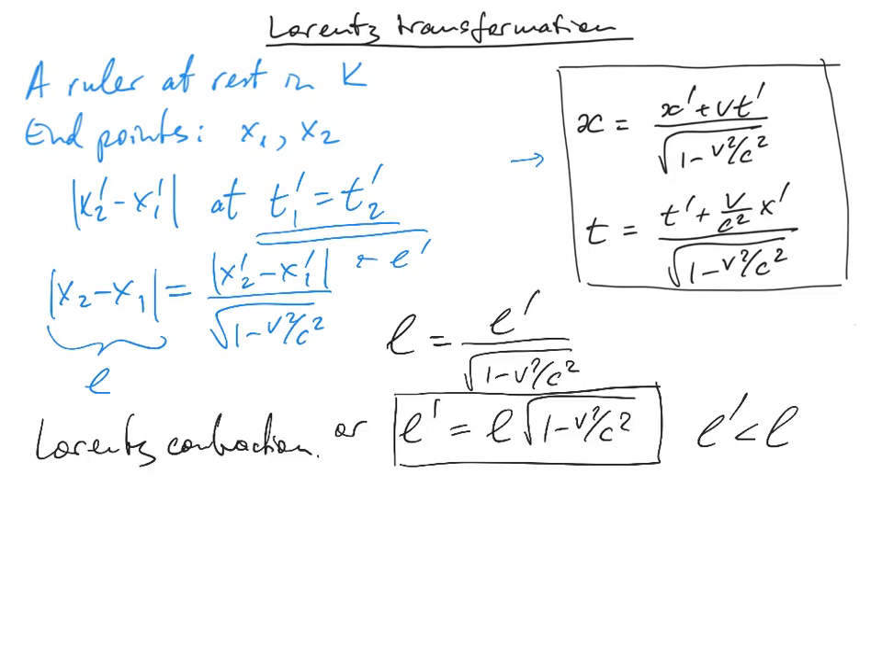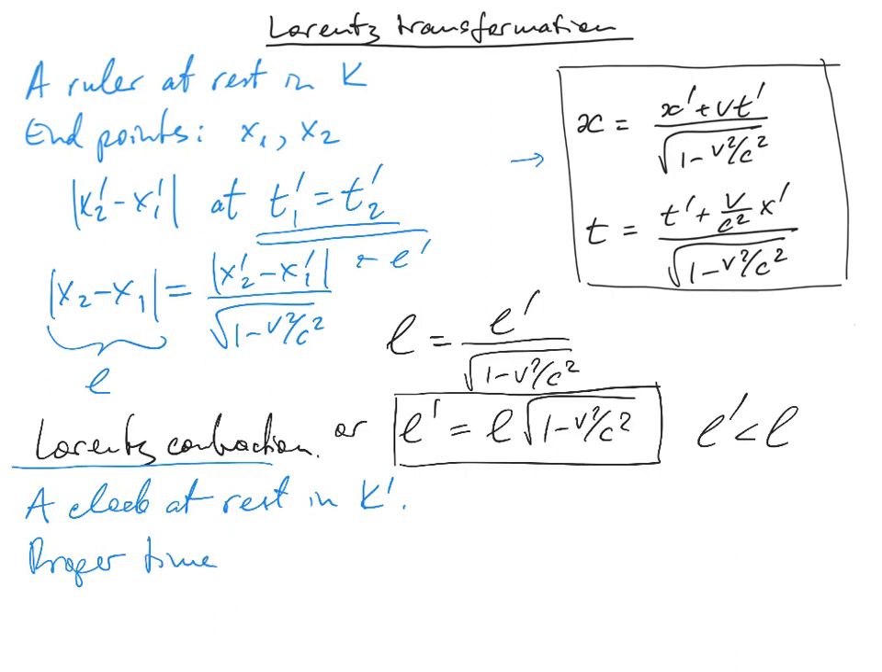So here's another example. Let's take a clock at rest in reference frame K prime. So it's just attached to the origin or some other point of K prime and moving with it. So the clock shows proper time, as we discussed before, proper time delta t prime. Now we want to compare it with the time in reference frame K. Okay, so how do we do it? Well, again, apply the